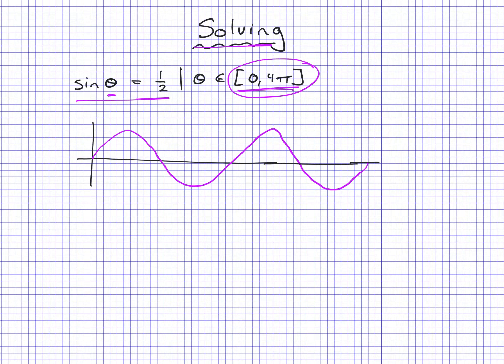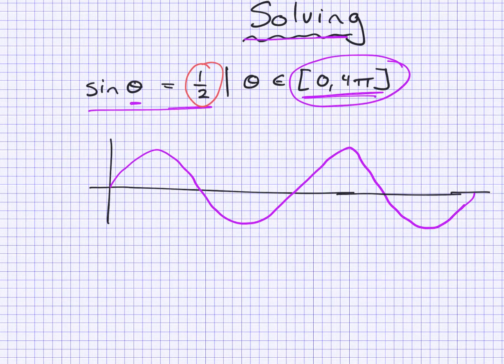Now we know that it equals a half. This is a sort of cheaty way of doing it. This is a y value, so I treat these as simultaneous equations. Here's the purple one, and I'll graph the red one at a half. So I just put a dotted line through here. And you can see that I'm looking for the x values at that intersection point, that one, and that one. So you can see, if this quick sketch is correct, I'm looking for 4 solutions